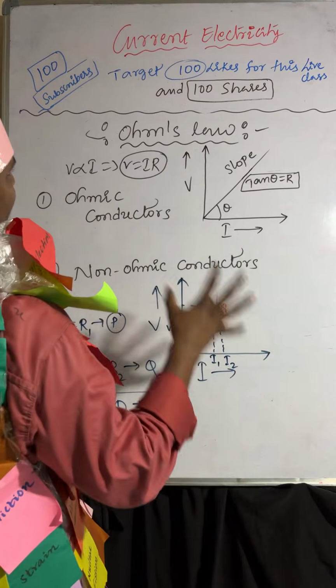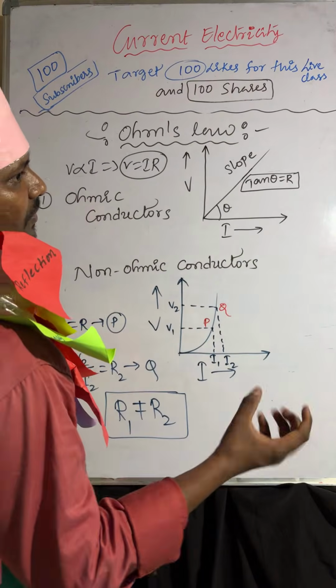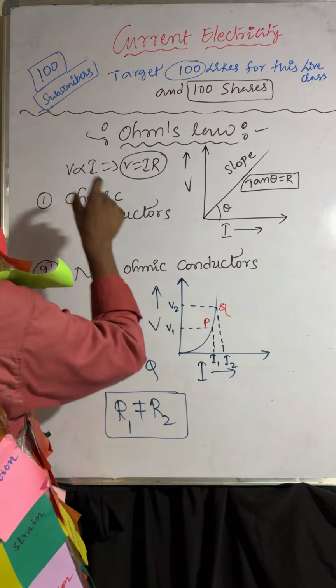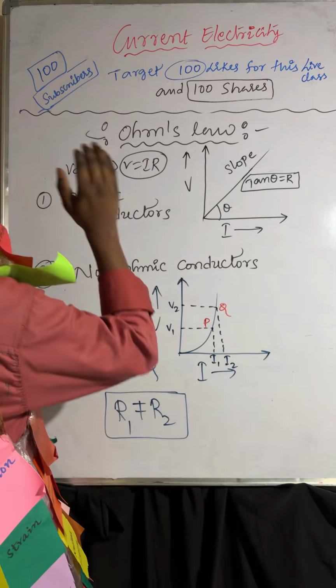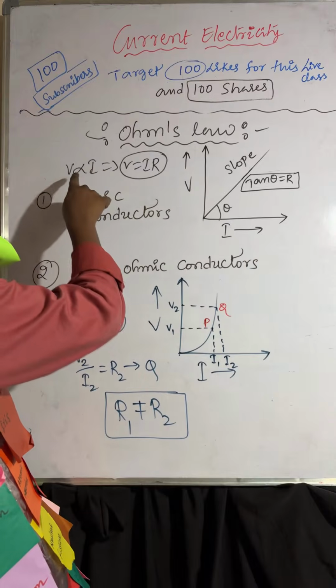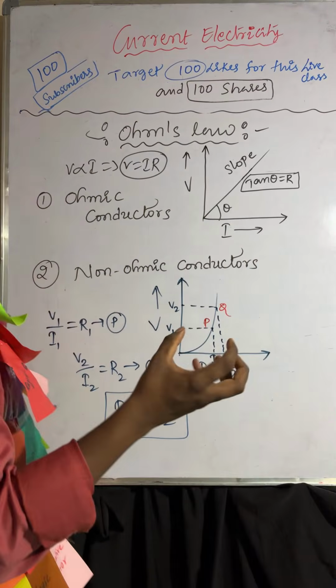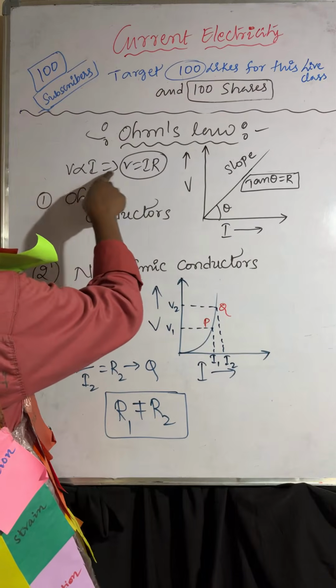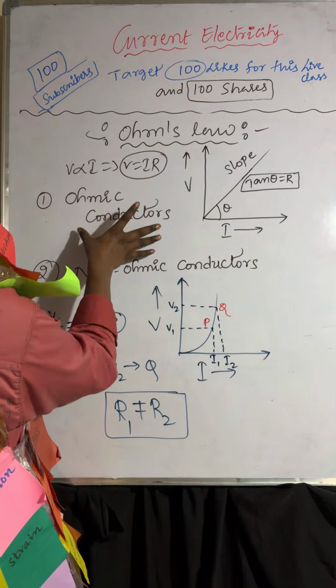So for the explanation for the stream. The potential difference across the ends of the given metallic conductor is directly proportional to the current flowing through it at a constant temperature, and physical conditions also the same. V is directly proportional to I, V equals IR. For ohmic